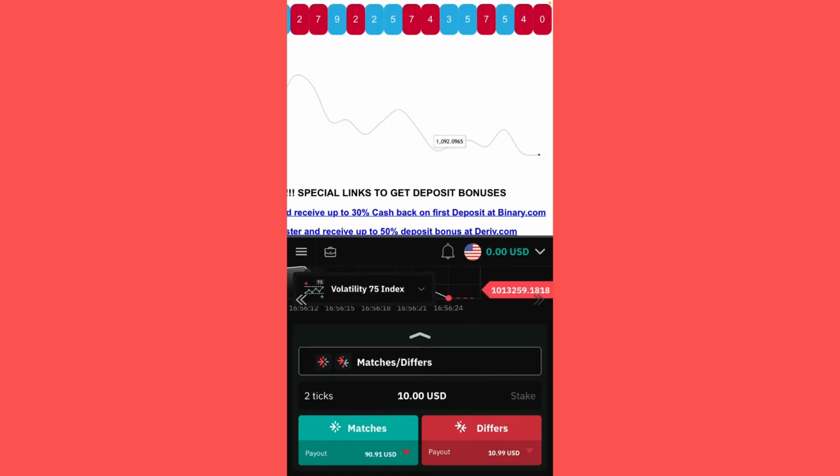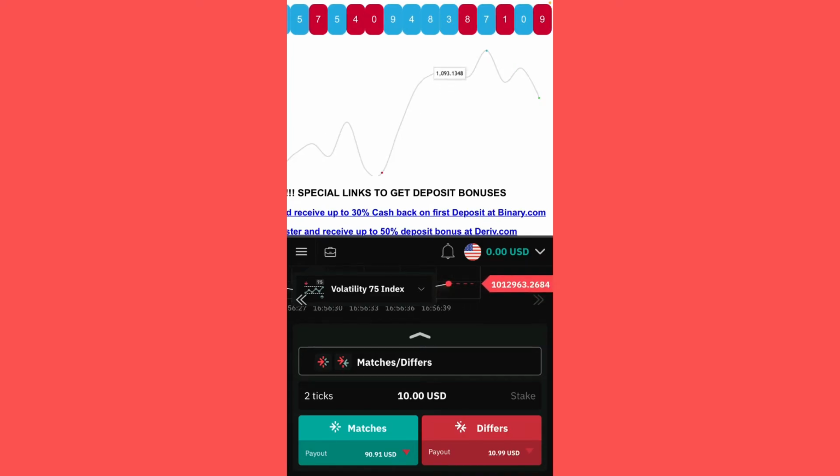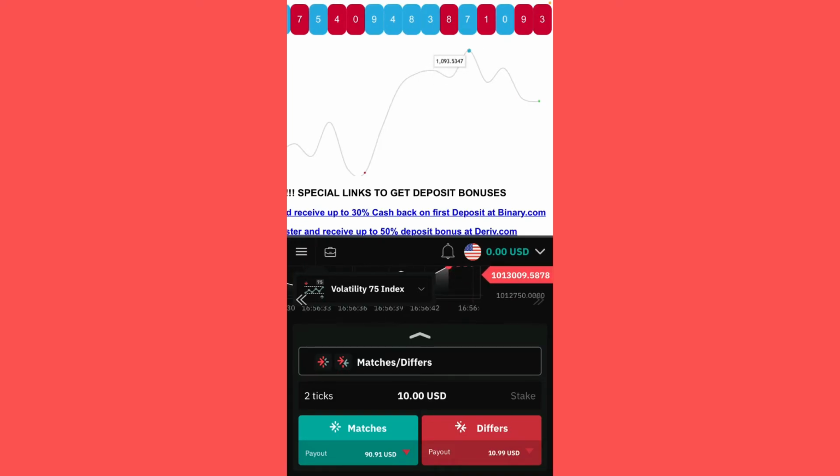So 0 came up. Once 0 came up, I'll read it from here. Just this red dot on difference, the red dot market that is moving up and down. Just check the last digit there. We are trading on last digit. So once 0 comes up, I'll read here and tell you the numbers that came up when you trade on match and difference 0. So we wait.